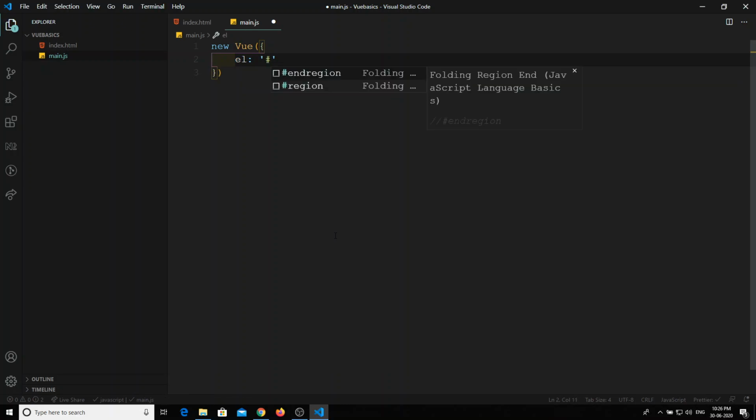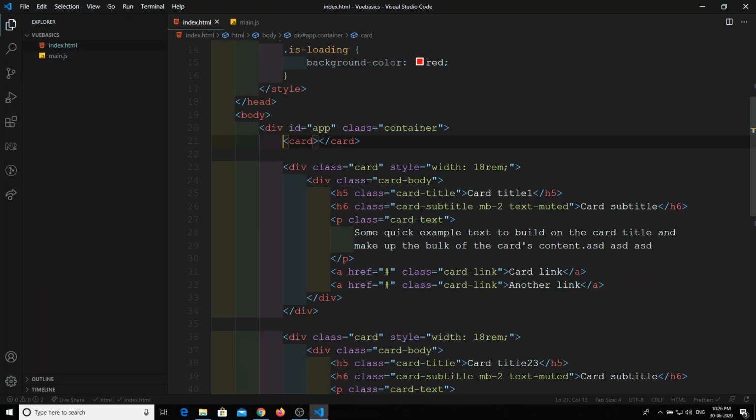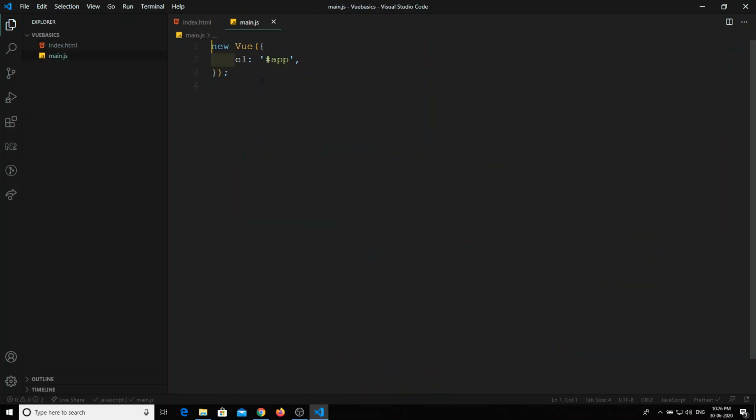Why? Because in the previous videos we have covered the basics of the component and all those things. So these all element root, adding the element root and all those things we have covered. So that is the reason I am not explaining each and everything again. Okay, if you want to know about this EL and all those things, go to the previous videos and you will be able to find the solution for that one. Okay, so now we have created a new instance, and now we'll try to create a card component.